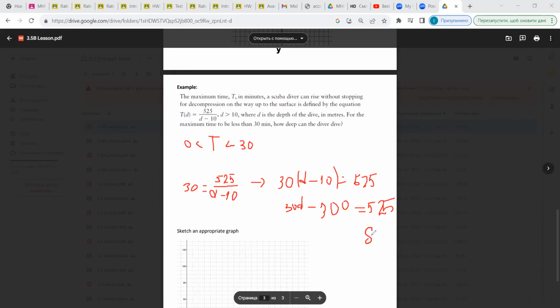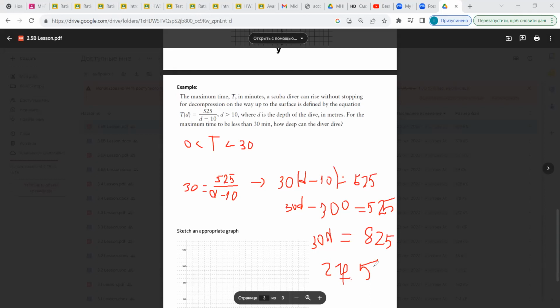Be 825. And on the left hand side, it's gonna be 30d. Now 825 divided by 30 is 27.5. So 27.5